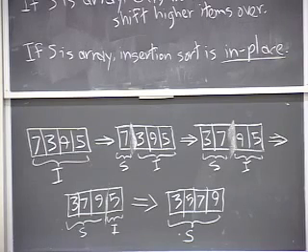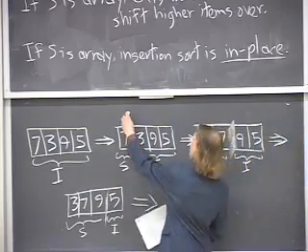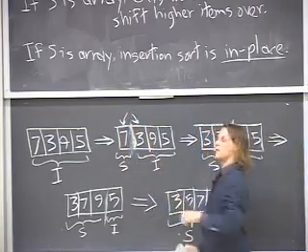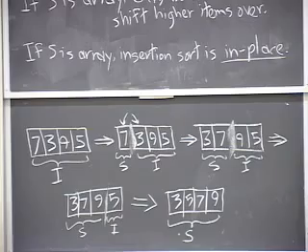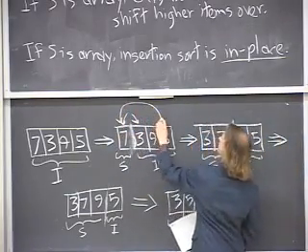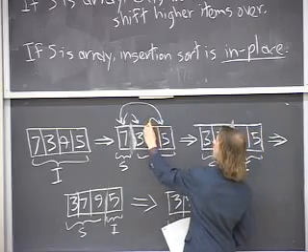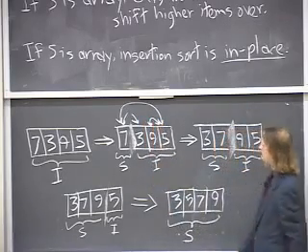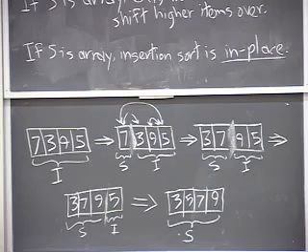inversions. An inversion is when you have a pair of numbers where the smaller number comes after the bigger number. So 7 and 3 is an inversion. 7 and 5 is another inversion. 9 and 5 is another inversion. So is that all the inversions? So we've got 3 inversions in that array. So the running time is actually proportional to the number of inversions. So if you start off with an almost sorted array where the number of inversions is linear, then you have a linear time sort. But usually you're not that lucky, so we're going to go on and look for faster